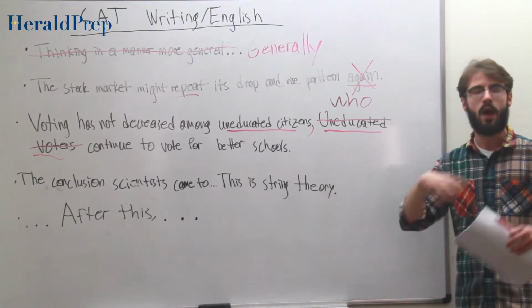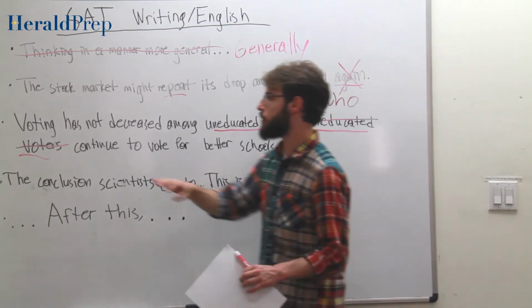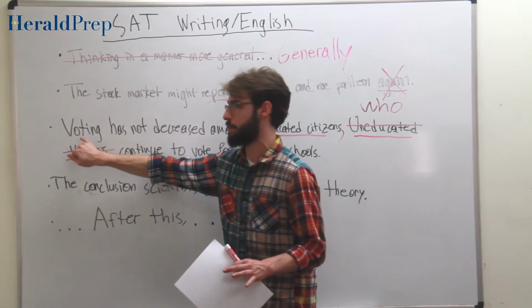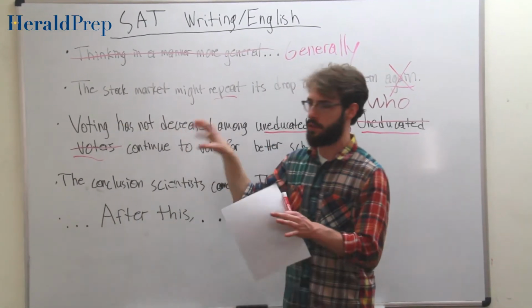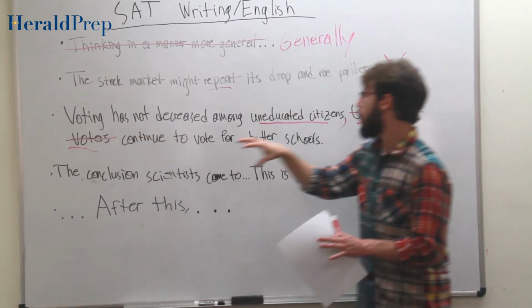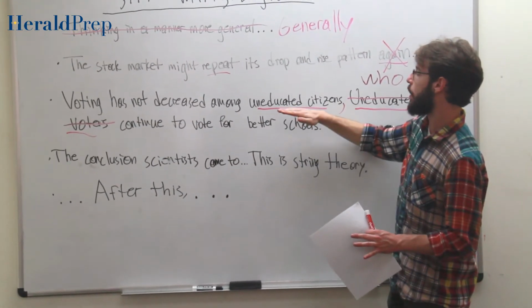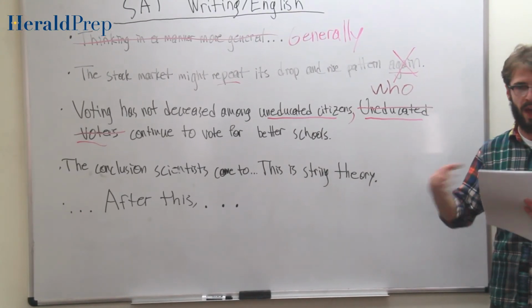I say subject here to mean the topic of the sentence, because grammatically the subject of the first sentence is voting. Even though that's the noun that, in sentence diagramming terms, is the subject, what we're talking about in the sentence are uneducated citizens, which again appears multiple times. Whenever we see that, always ask ourselves,